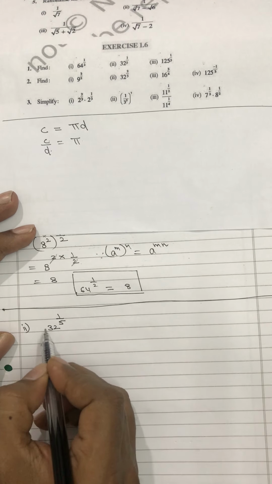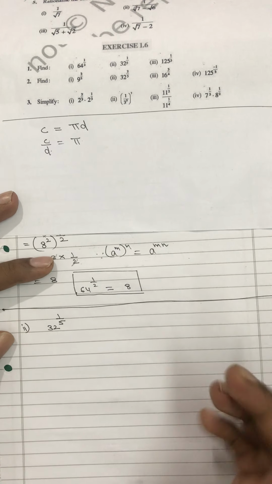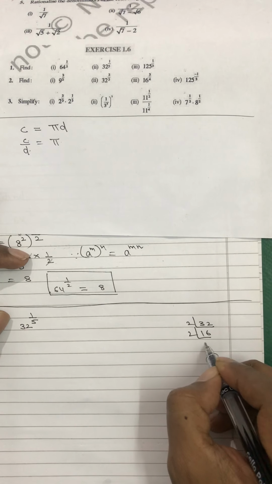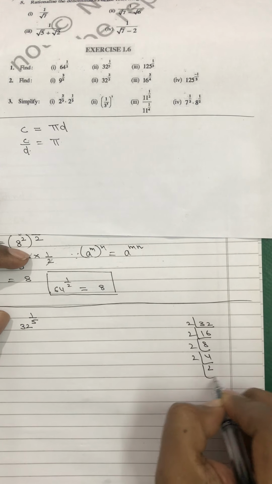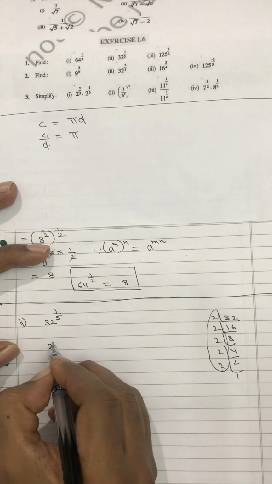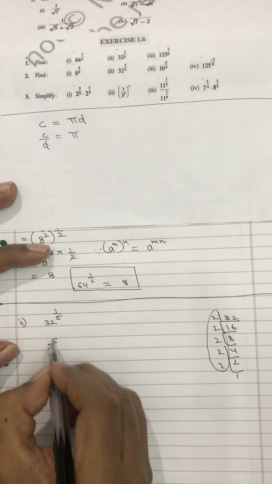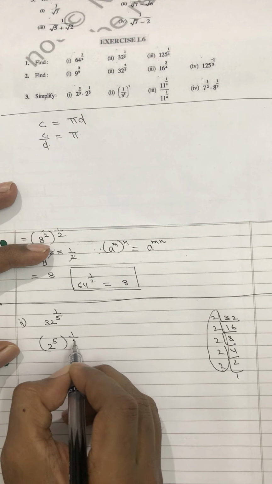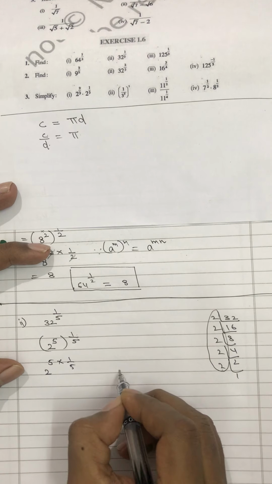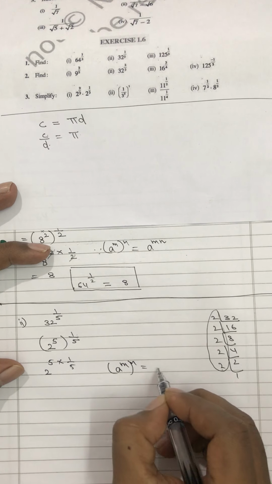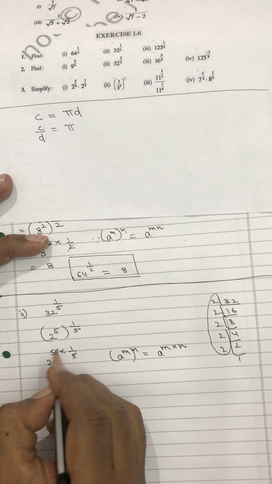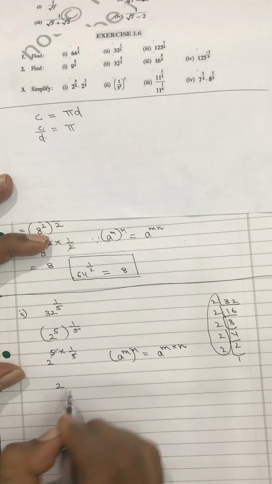Now here I will have to convert 32 in terms of a power of 5. 32, if I go on dividing by 2: 16s are 2, 8s are 2, 4s are 2, 2s are 2, 1s are. Now see 1, 2, 3, 4, 5. So basically 32 is nothing but 2 raised to the power of 5, and then the power 1 upon 5 will continue. Now I will open the bracket. What I will get is a raised to the power of m, outside power will multiply with inner power. So now 5 will get cancelled. So what do I get here? 2 is the answer. Fine.